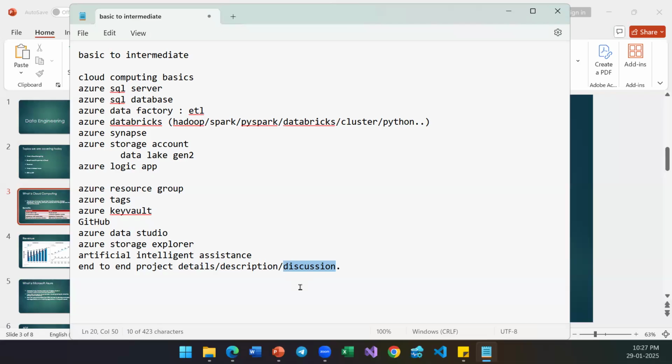So Shiva, the question I had around this project, I was asking because I want to understand. I have an idea of what data engineering is. Data engineering is basically bringing the data from the source, transforming it using ADF, Databricks, and other tools, and then moving it to some other sources. So if I have to move my data into Snowflake, I will be getting into that and then using it.